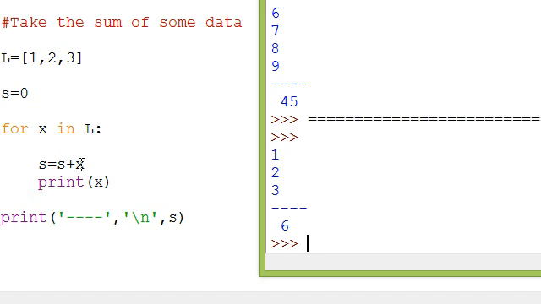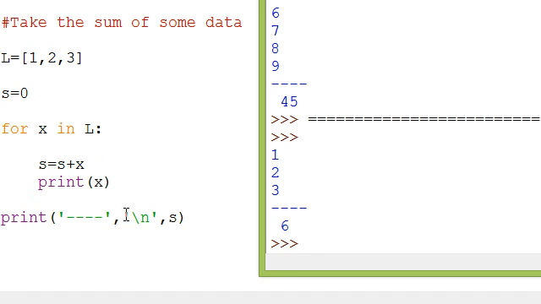But then we go 1 plus 0 is 1, so s is 1, right? Then we print off 1, then we loop back through the list again, we go to the next one, so now x is assigned 2, right? And so then 2 plus, now remember s was 1, so 2 plus 1 is 3, so now our sum is 3, but we go ahead and print off, as you can see here,